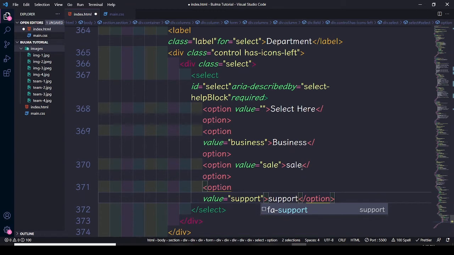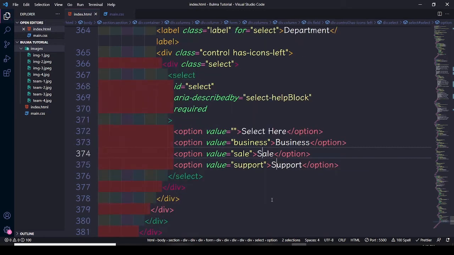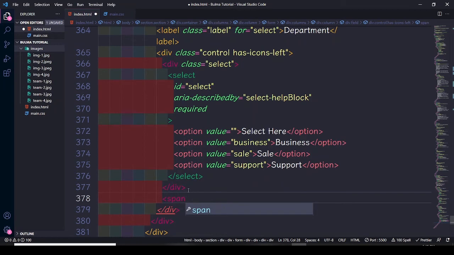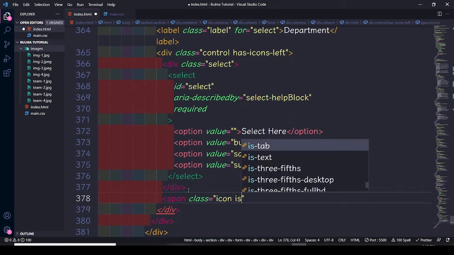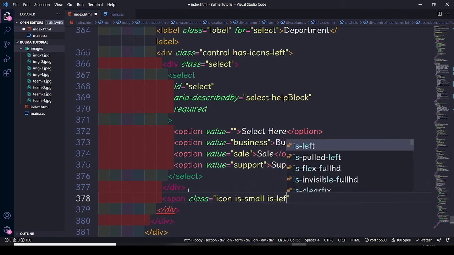Okay, so let's change these into capital letters. Okay, sale and support, and then after let's have a span element, assign it a class. This class is gonna be icon is small is left,